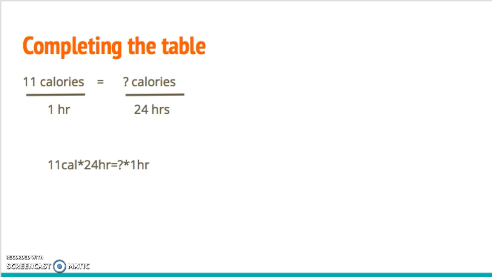So next, we have 11 calories times 24 equals question mark of calories times 1 hour. From there, you multiply out on both sides, and you will get 264 calories. So if you look back just for a second, this will give you 264 calorie hours, and then you'll divide by 1 hour over here, so that will cross out your labels to get you that question mark